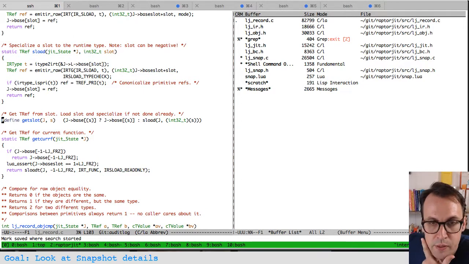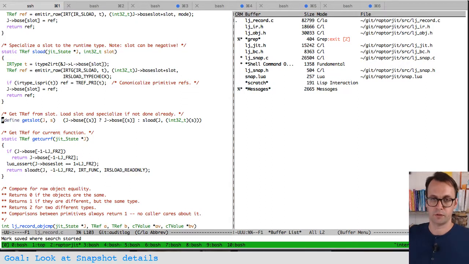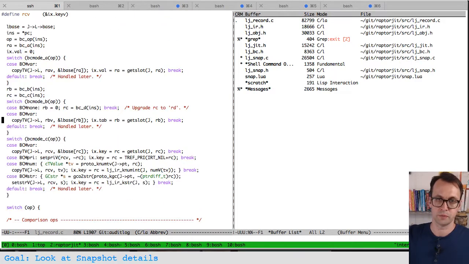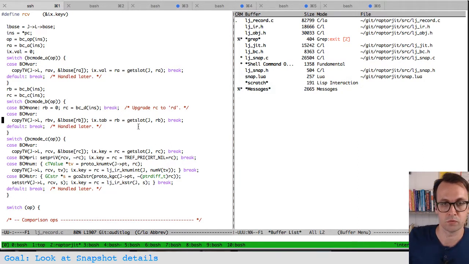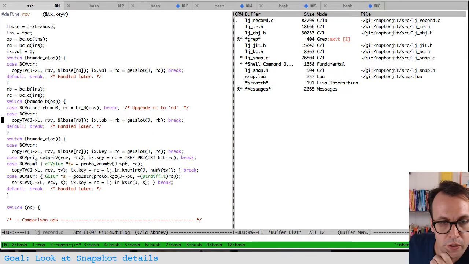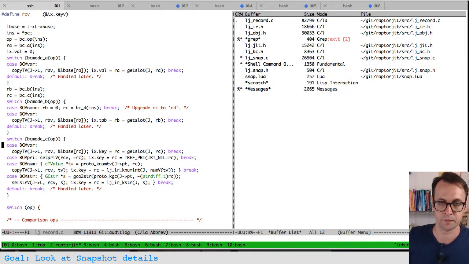GetSlot says, have we seen this load before? If yes, then give that tref, otherwise emit an sload. So in principle that's where we're going to get an S load there, but that's not the whole story. So that explains how, sorry, that's the wrong line. We were not there, we were here. This explains how RC gets set to an S load instruction, but when we're doing a move,